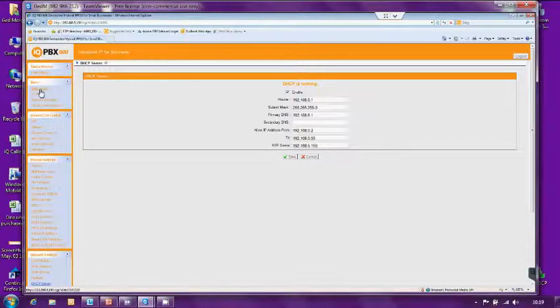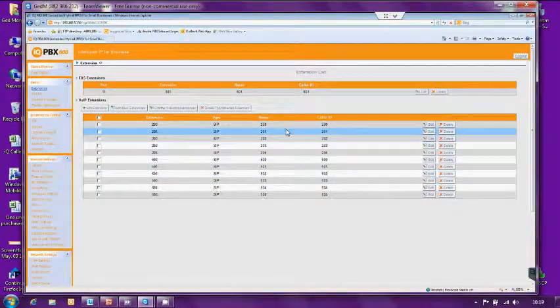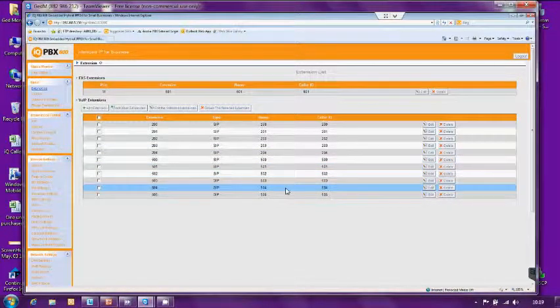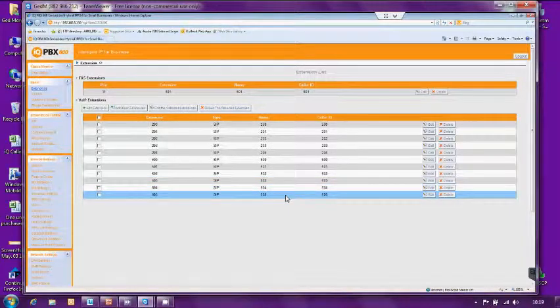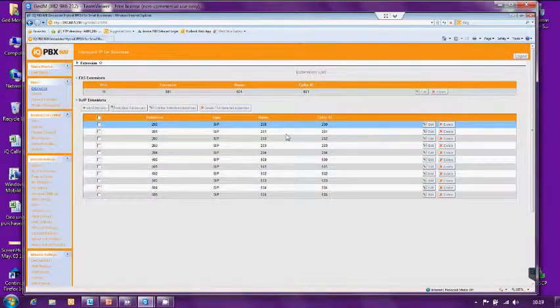So what we'll do then is look at extensions. We'll see that our extension range has been created for us. You get 5 created by default, 500 to 504. We can add individual ones, as 505 was added individually, and then we can create a block of extensions, 200 to 204, another 5 via the option buttons here, add an extension or add bulk extensions. As long as they're within the range set in the options before for extension number range, then they'll be added into this